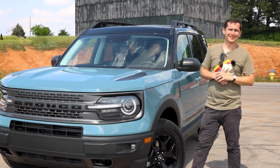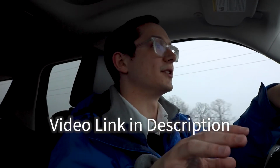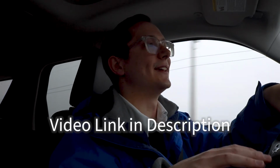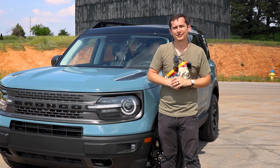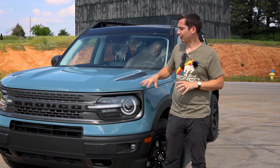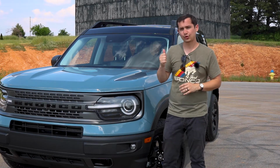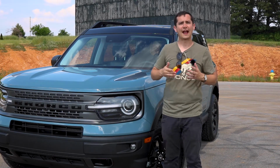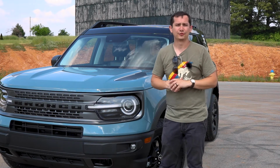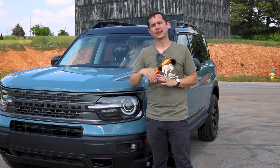So we've already covered the difference between the engines on the Bronco Sport. This one, for example, has the 2.0 that's going to be inside the Badlands, whereas the rest of the trim levels below are going to have the 1.5 liter 3-cylinder. We personally don't think there's that large of a difference, but on these more off-road geared vehicles, you're going to really need that extra torque and that extra power as you go down the trail. There isn't a discernible difference really in the amount of towing. I think you get an extra 200 pounds, but you're gonna have a lot more torque